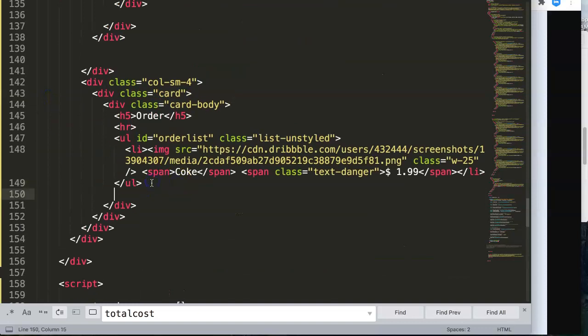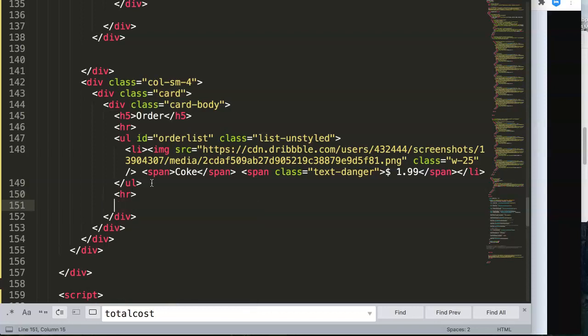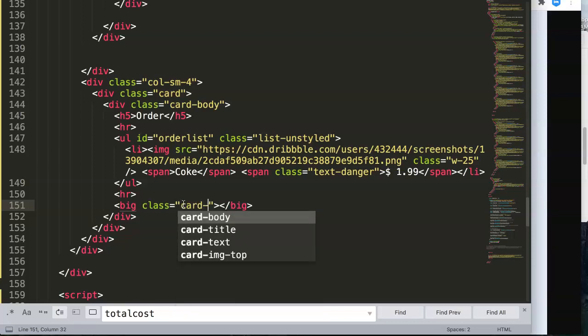That will be somewhere here. And then we say here this will be a paragraph class. Oh, we can say here big, because I want to make this a big font. And this will be card text, but also we'll give an ID,